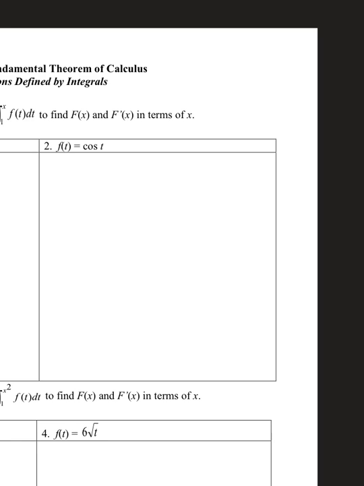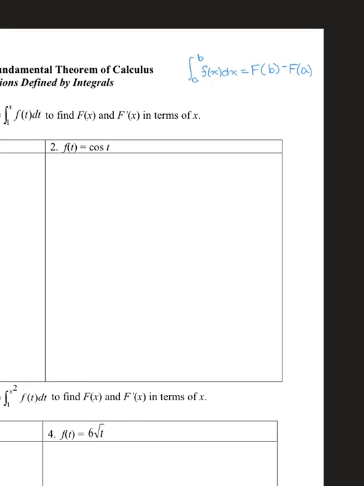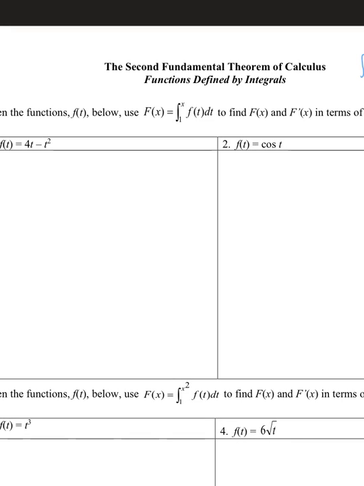Okay, so today we're going to talk about the second fundamental theorem of calculus. If you remember, the first fundamental theorem of calculus said that the integral from a to b of f of x dx is equal to the antiderivative of b minus the antiderivative of a. Okay, so that's the first fundamental theorem of calculus. It basically tells us how to do an integral. The second fundamental theorem of calculus tells us what we can do whenever we have